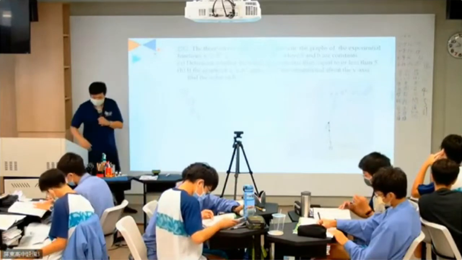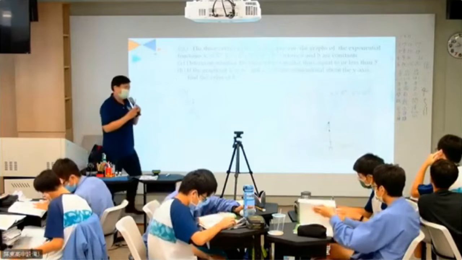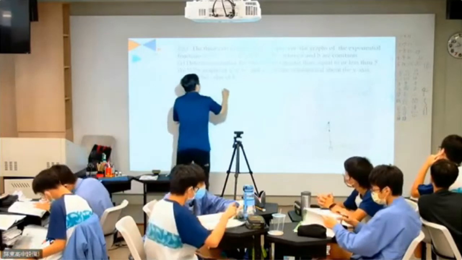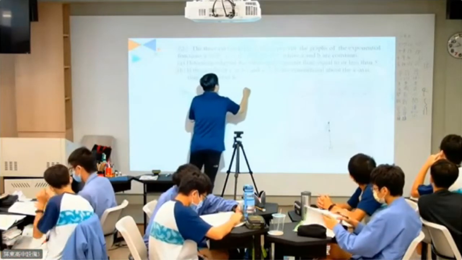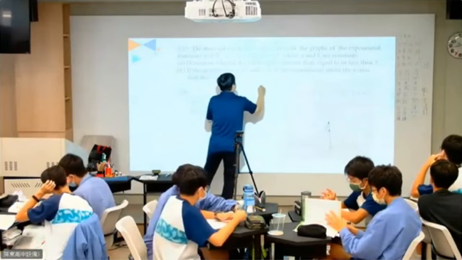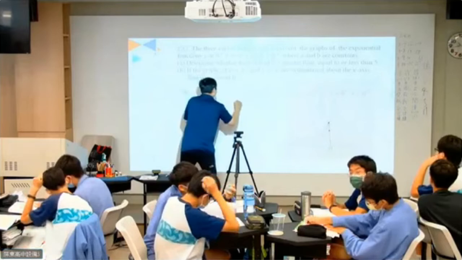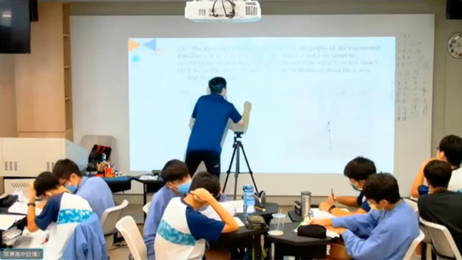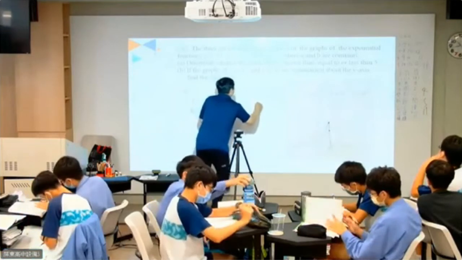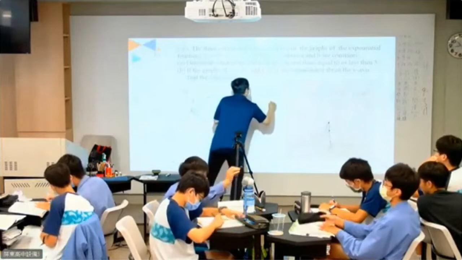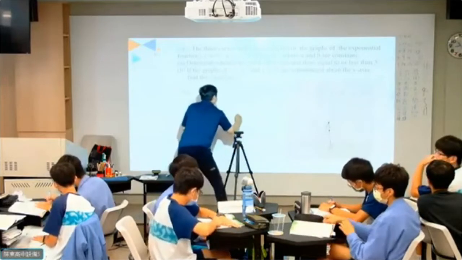That means, please look in here. If y is equal to a to the power of x and y is equal to b to the power of x are symmetrical about the y-axis,